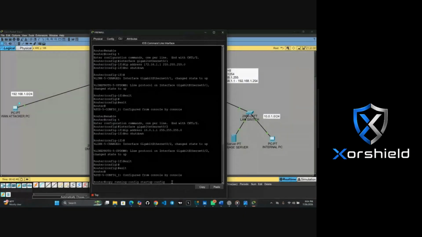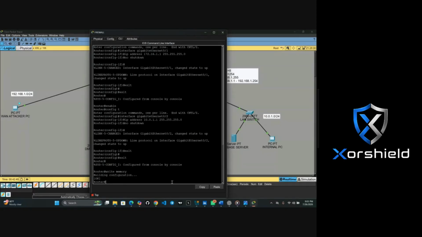You can use this, it will save. The other one that you can use, just write memory. You see, it's very simple. Just enter. It has saved.